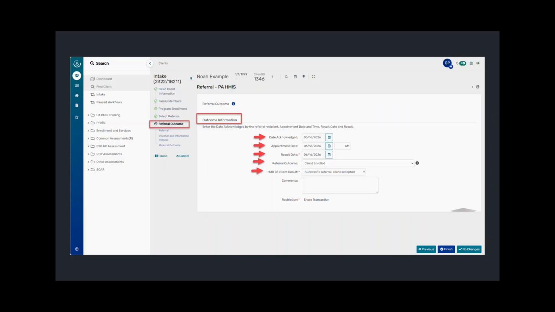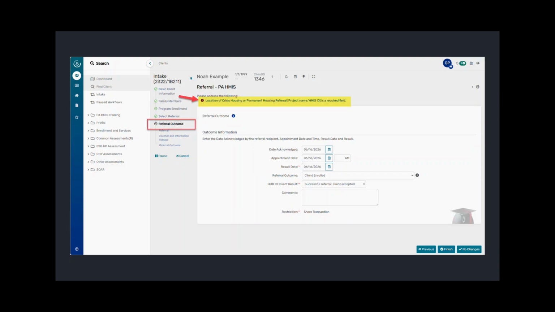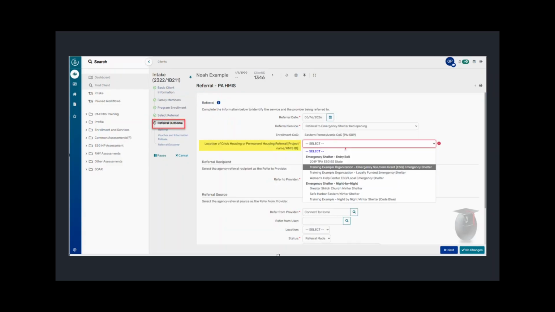This will take you to the referral outcome, where you enter the dates and the outcome of that referral, whether the client was enrolled or not enrolled, and respectively the event result, whether it was a successful referral or not. When you filled in that information, a banner will appear telling you to enter the project that the referral was made. Click on that banner and it will take you to the relevant screen where you will just select your